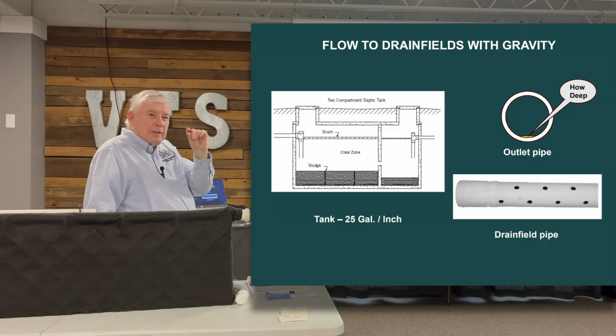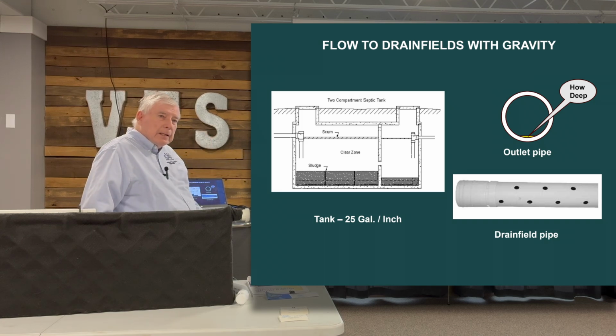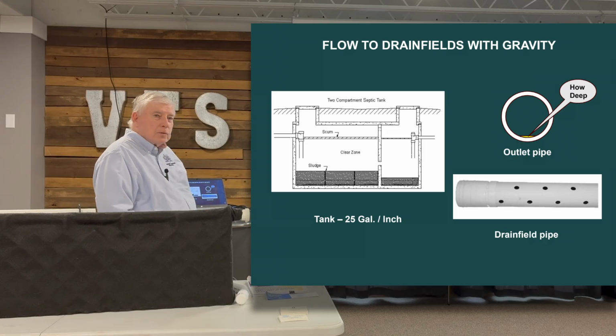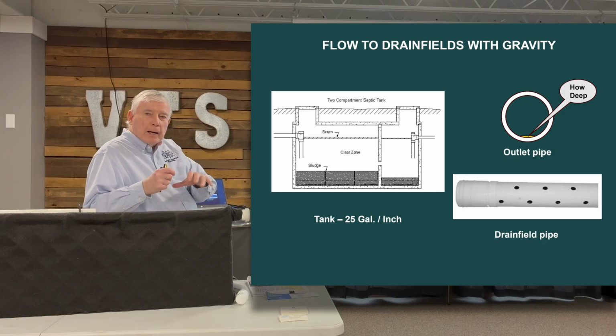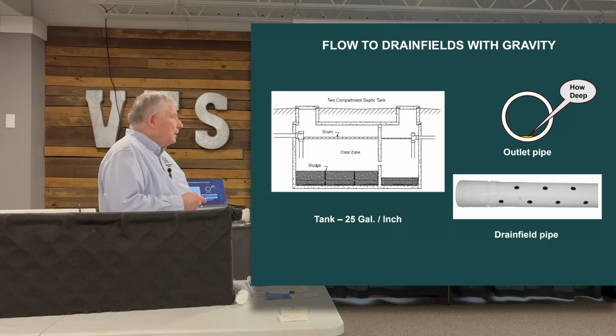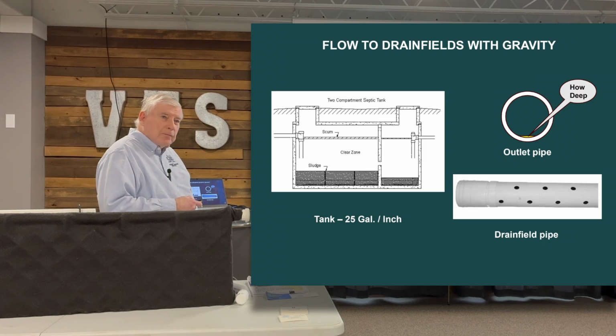1/10 of an inch. If it's 1,500 gallons, about 25 gallons per inch. So it rises even less. So going out the other end, their water level rose 1/10 of an inch. Going out the other end in that 4-inch pipe coming out here is a trickle flow in a pipe. It's just barely flowing. And how many of these holes does it take in the drain field for that